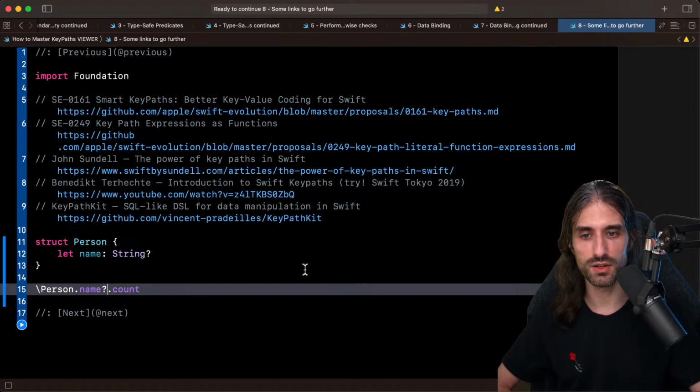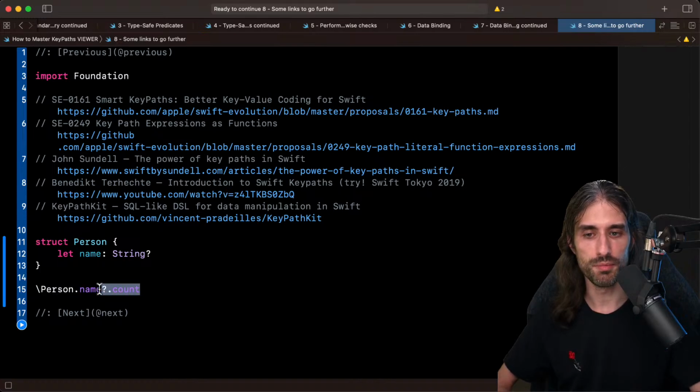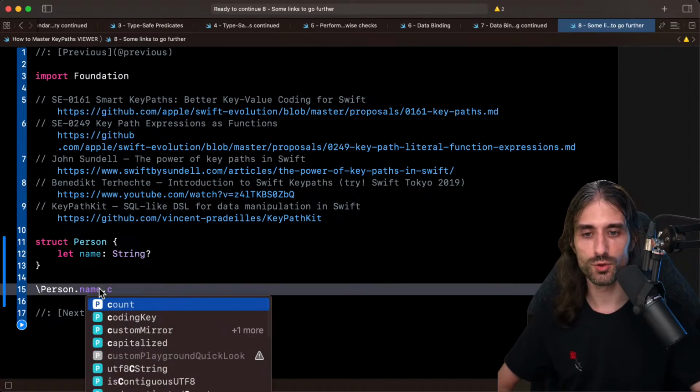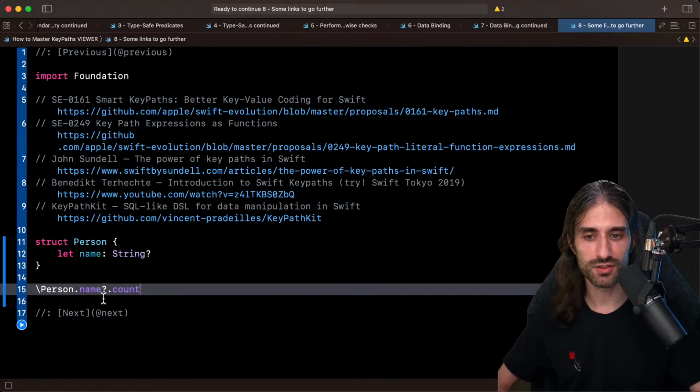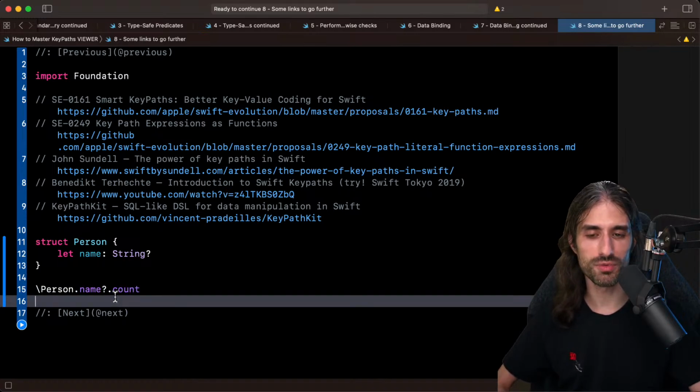So thanks for mentioning it because I had forgotten to show it in the examples. But when you try to compose a key path with an optional property, Xcode and Swift add the question mark by themselves, so it becomes pretty much self-explanatory.